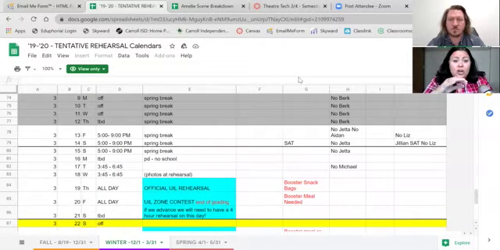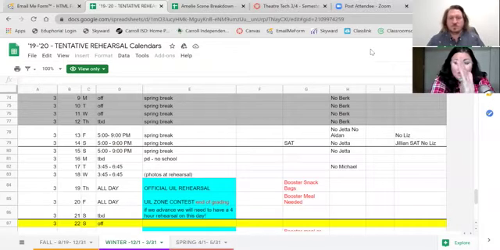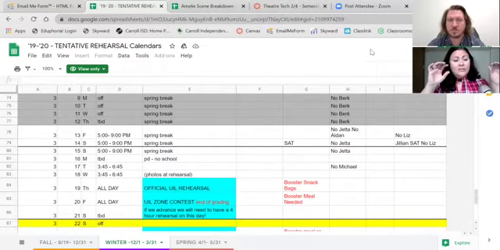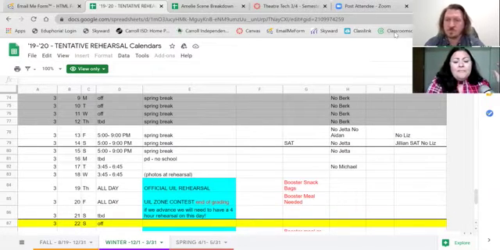To me, starting and going backwards is absolute key. I have to do that so I know my end date and work backwards. When I'm doing a musical, I also tend to count rehearsal hours, and I will ask my choreographer, how many rehearsal hours do you need? Sometimes it's 40. We usually have about 100 hours of rehearsal for a musical. So we're just kind of dividing and looking at those numbers and trying to make sure that we have it.